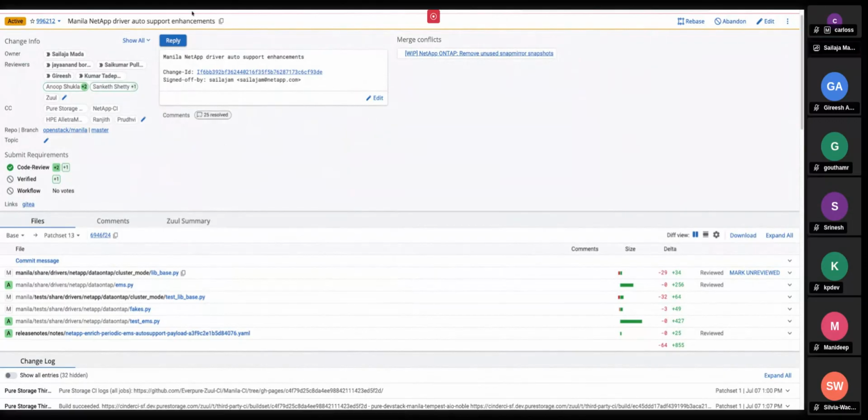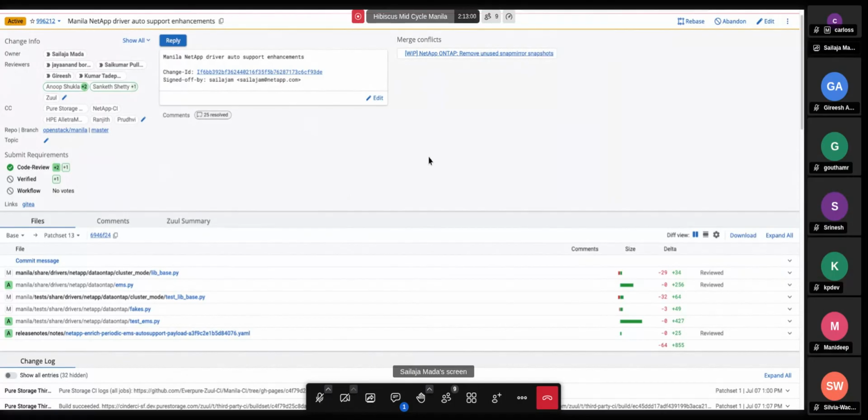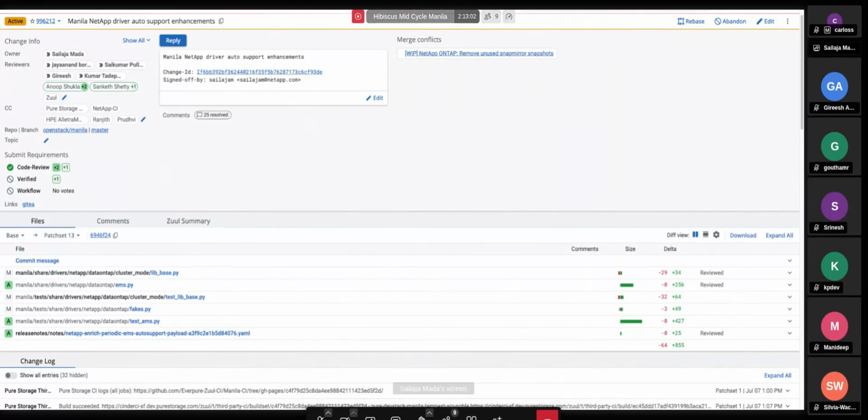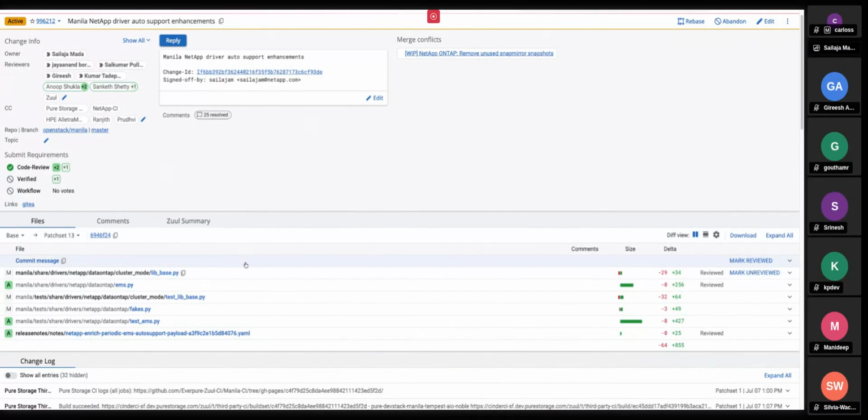So we had a very limited data collection earlier. We had only the driver version and the filer that is being used. As part of this enhancement, we already have two types of events, event 0 and event 1.